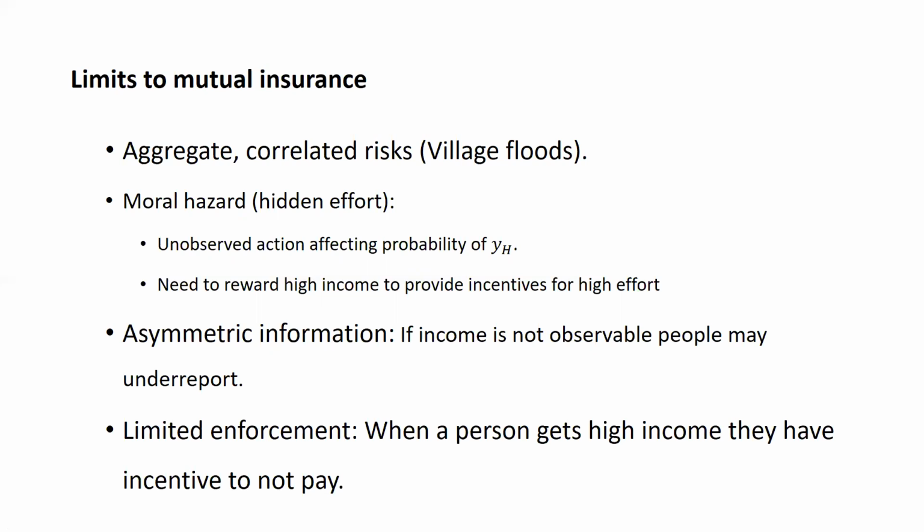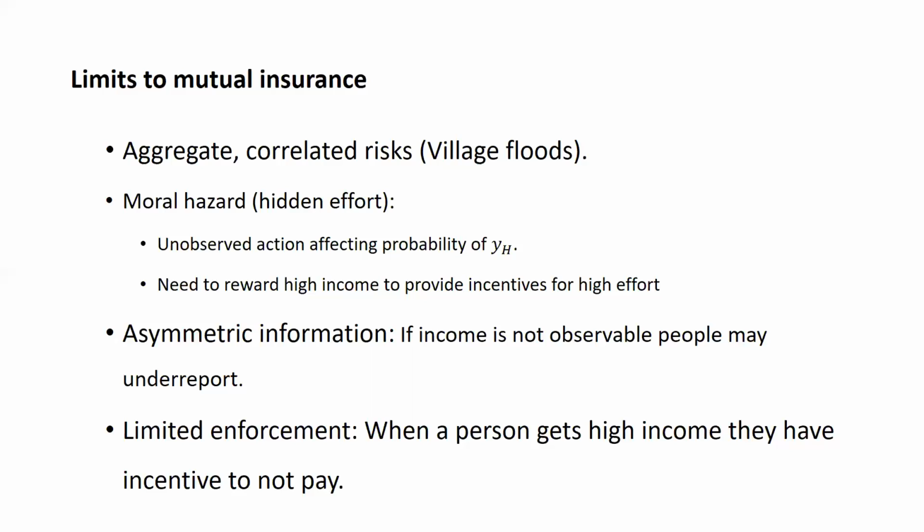Another very important point is that if your crop is not observable, people simply may say, "Oh, I had a bad crop," to try to collect their money. That's why these ideas work well within the village, where monitoring is relatively cheap. You can see whether there was a good or bad crop in your neighbor's field. You can see if they're out there planting every day or not because you live right next to them. If you try to make this bigger, then you run into these problems.